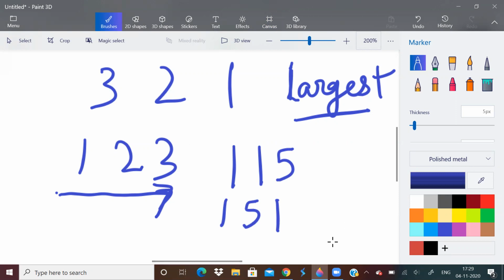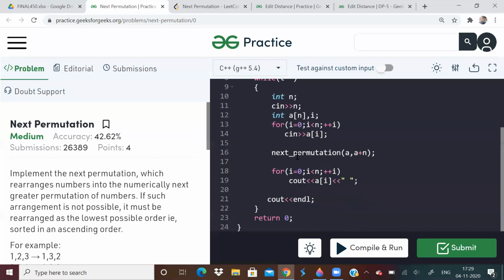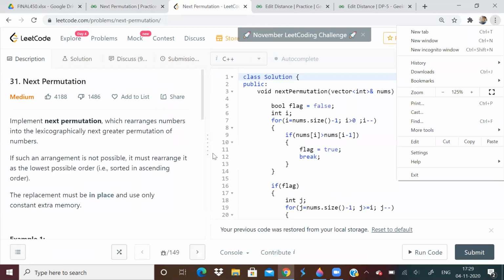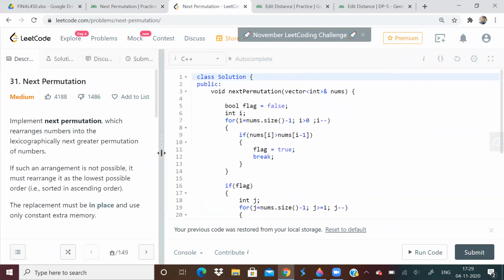If it is an online coding round and you're allowed to use STL, then it's a very simple problem. Just use the next_permutation function. It will be solved very easily. Just say next_permutation(a, a+n) and then print all the characters. But what if STL is not allowed, or what if you are asked in an interview how to solve it? That time there is this solution. I had already done this problem in LeetCode, so I will share that solution over here.